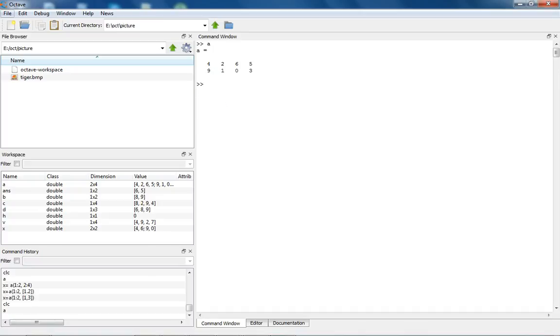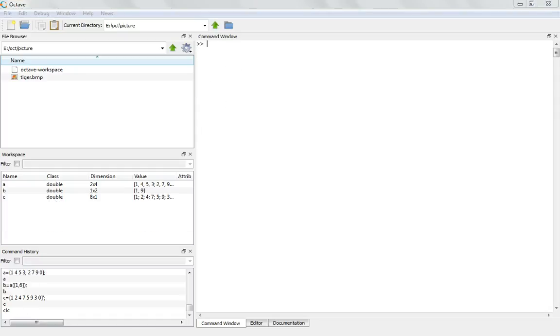And one more way to retrieve elements from the 2D array. So a here is our 2D array. Now we have a command x is equal to a of 1:2, 1, 3, x being the output variable again, a is an array, 1:2 which represents first row to second row, that means both the rows, where 1, 3 represents the indexes in both the rows, the first index number and the third index number elements are retrieved. So enter, you get 4, 6, 9, 0, 4 and 9 being the first position in both the rows and 6 and 0 being the third position in both the rows. So we have an array a.